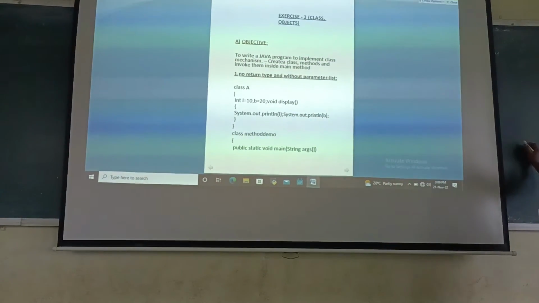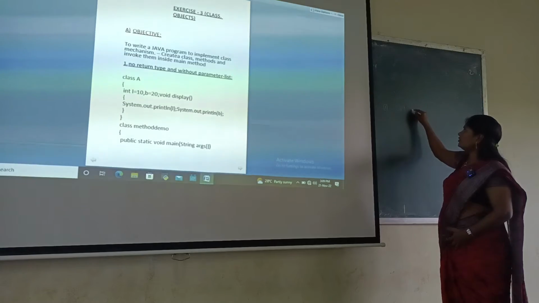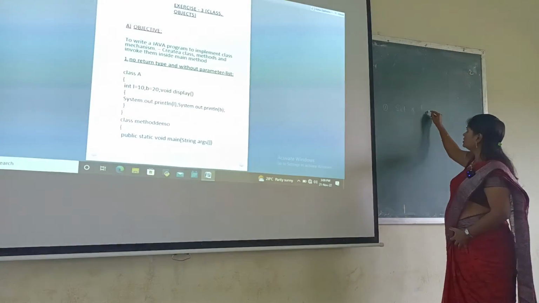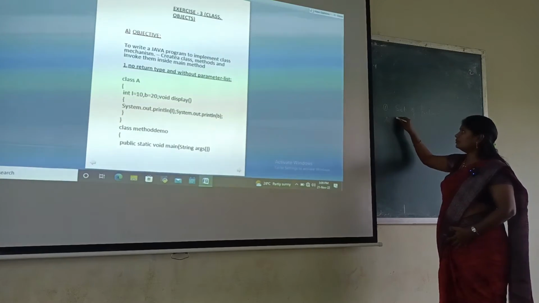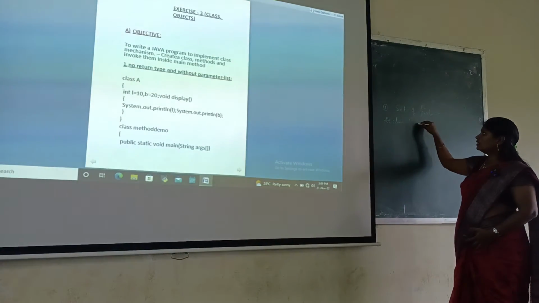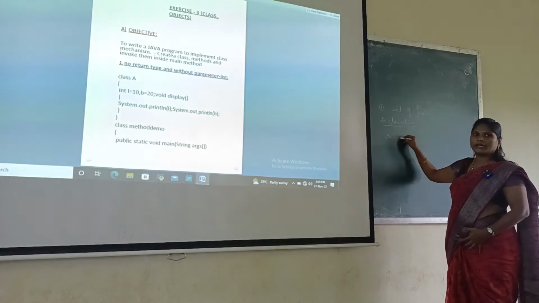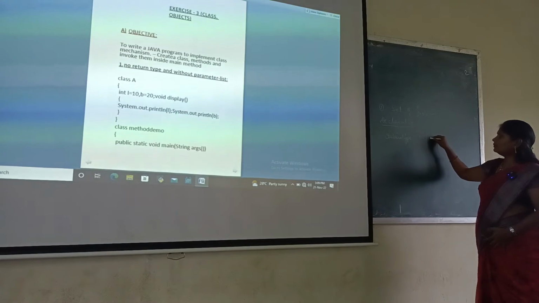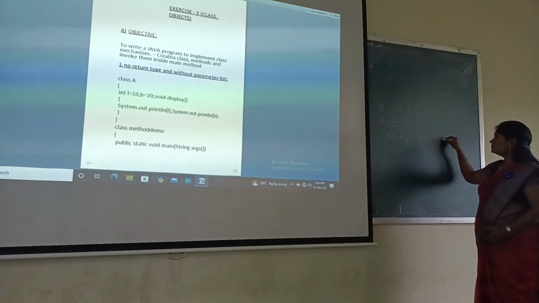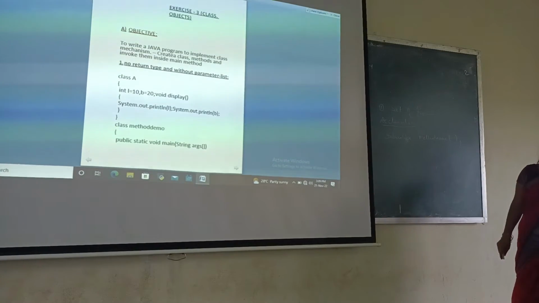So how to declare a method? A method is a set of instructions or statements. Is it clear? And declaration of a method. Syntax: return type, method name, curly braces, and with semicolon.